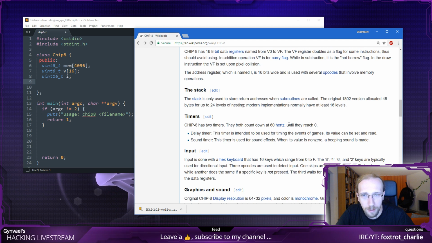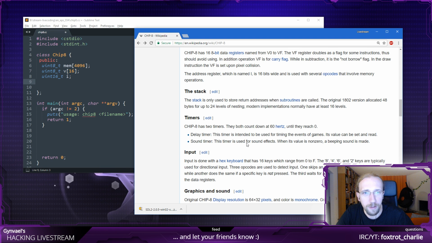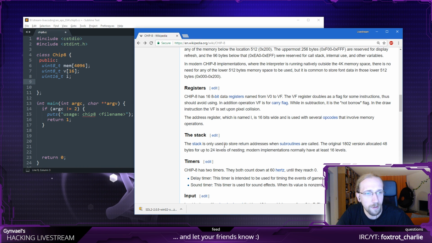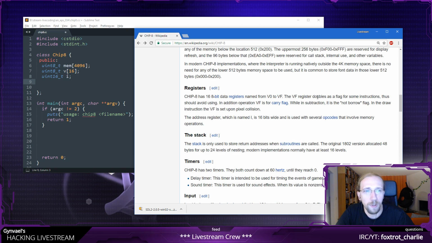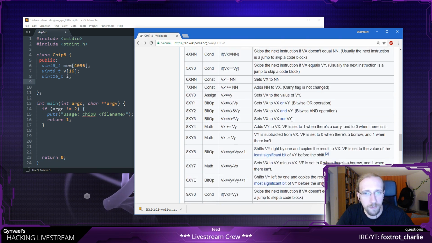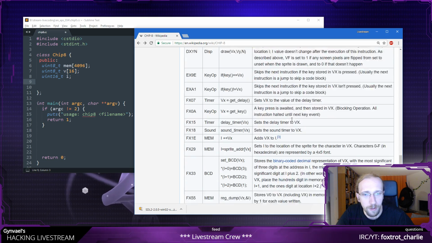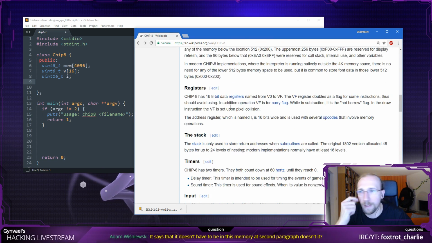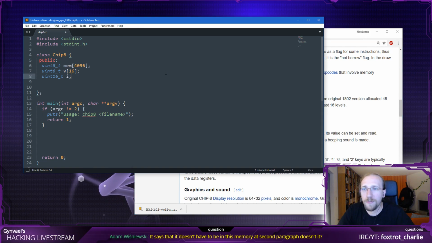Okay, do I need... The stack is part of the memory. Is there a stack pointer? I don't know if there is a stack pointer. Maybe one of the registers is used as a stack pointer. Let's see if they have a push or pop operation. Well, I guess we'll find out later. So yeah, this is the context.